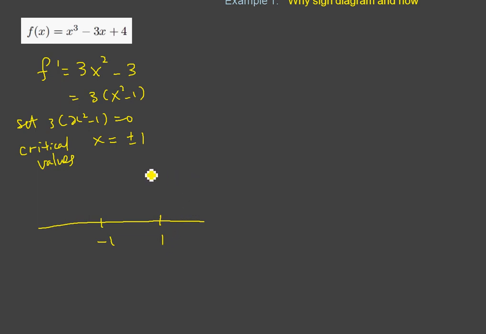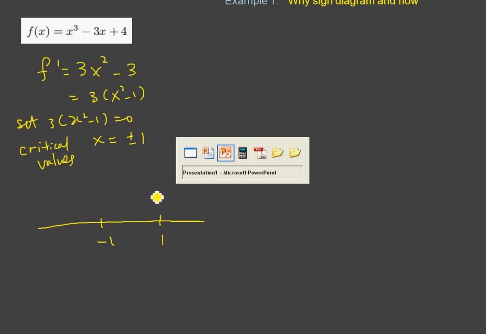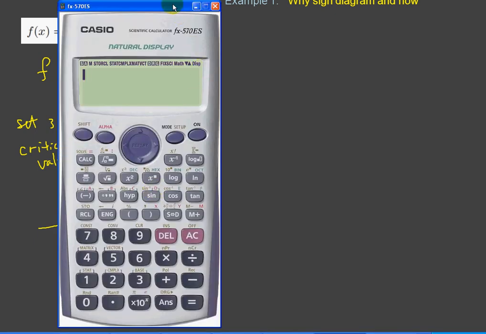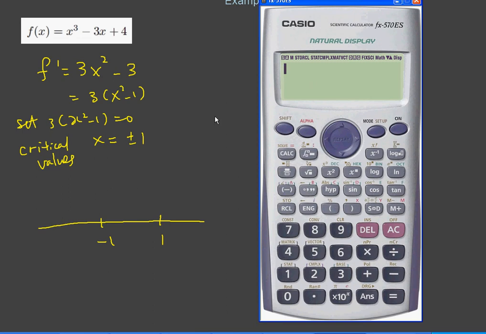Actually, we just want to know the sign before and after -1 and 1 respectively, and we don't really care about any values in between. So what we do now is we take a calculator. I'll whip out mine. Let me show you this. I'm going to enter a value that's slightly smaller than -1, say negative